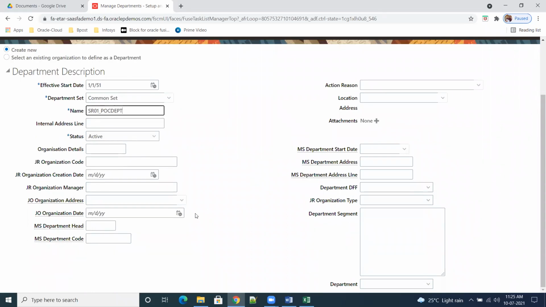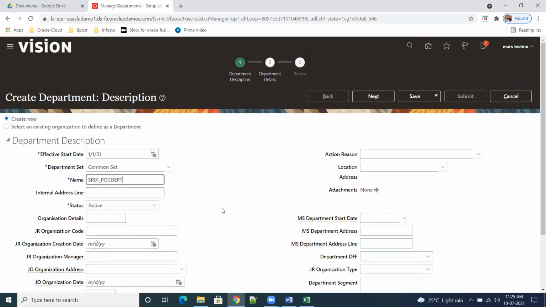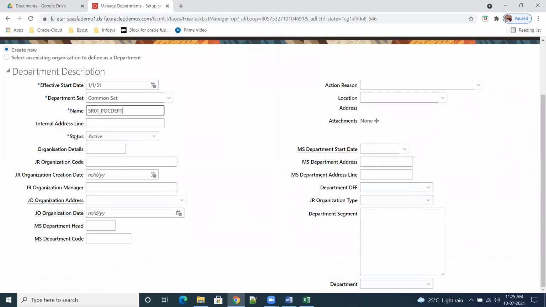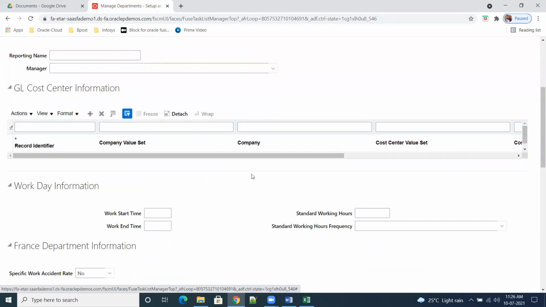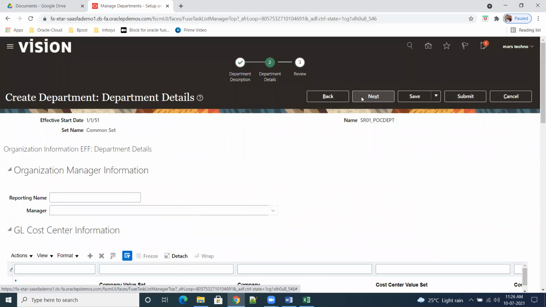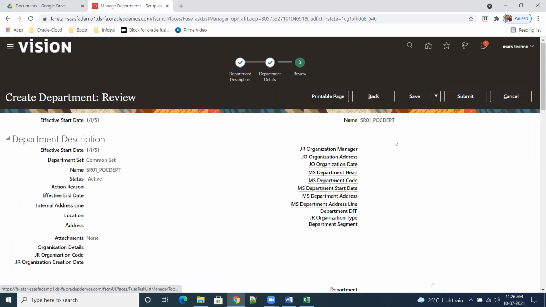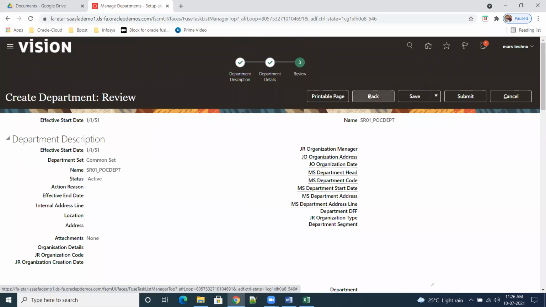These and all are optional for us. Nothing here, only just this name and status active. Organization details and all not required, click on next. So cost center, these and all again HCM. Only just name and active is enough. So save, submit.